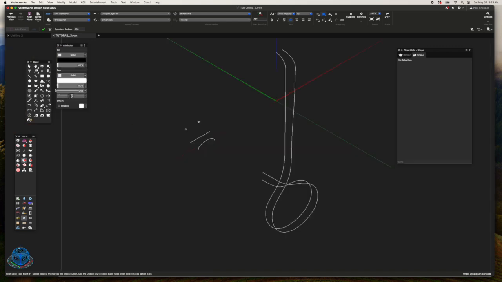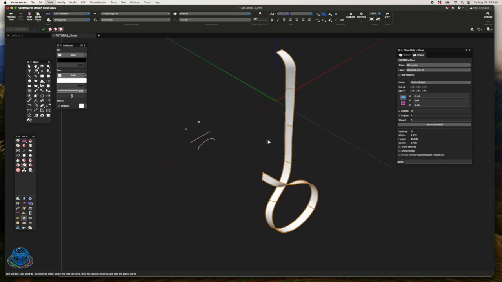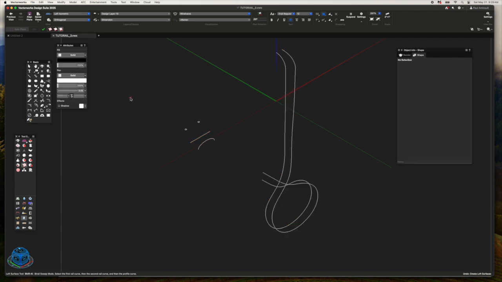Option number 2 is to use bi-rail sweep. Now if this is using, click on one rail and then this third one, it will give you the same flat curve, which you could then go through the same process as loft surface. But to get that sort of unique Spanset look, we use bi-rail sweep again. I have a half turned